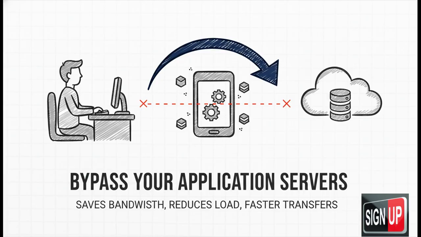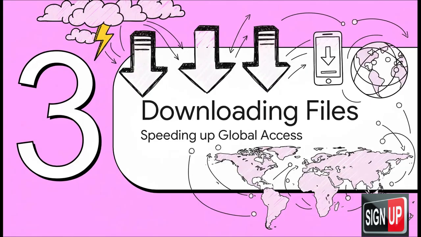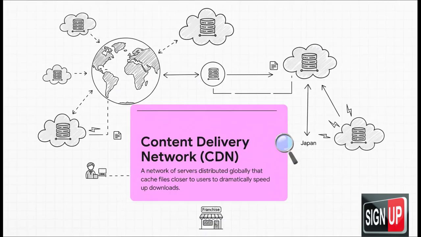It's a win-win-win. Great. So your file's safe and sound in the cloud. Awesome. But now, how do we get it back just as efficiently? Especially if you're, say, in Tokyo and the file is stored on a server in Virginia. Let's talk about downloading. And the secret weapon for this is what's called a Content Delivery Network, or a CDN